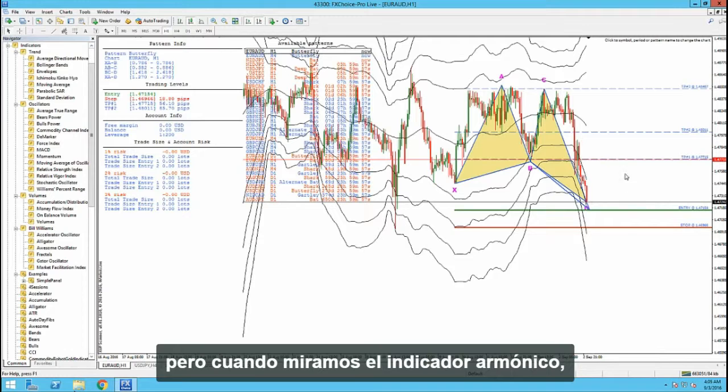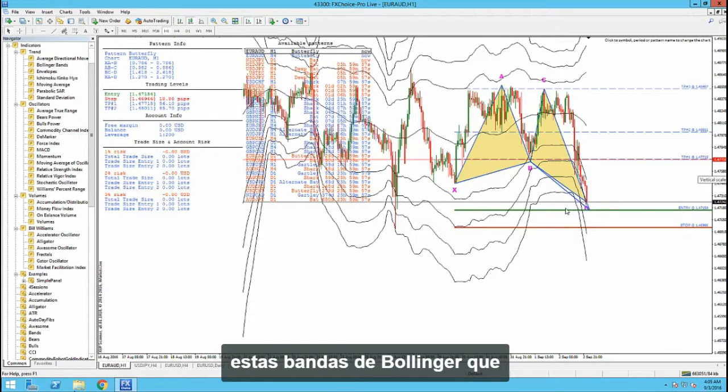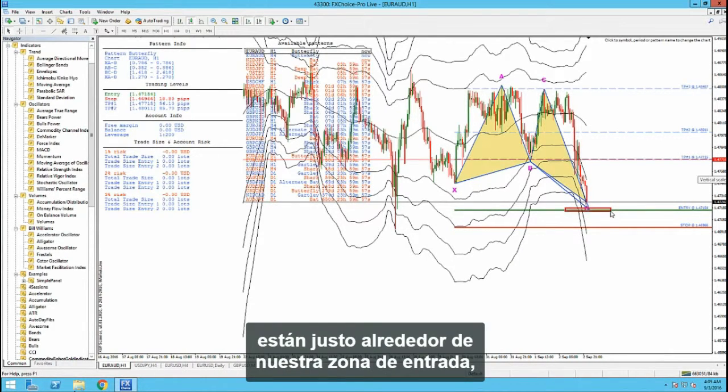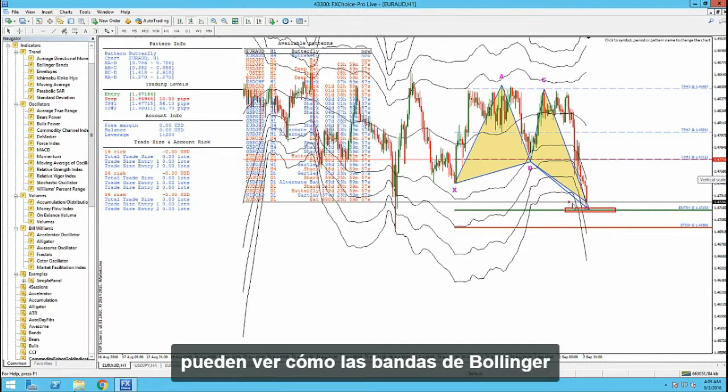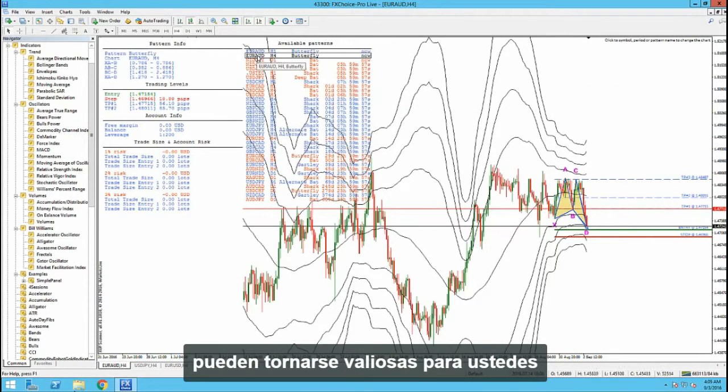But when we look at the harmonic indicator, adding these standard deviations, these Bollinger Bands that come right around our entry zone, you can see how the Bollinger Bands tie into the entry zone and how they can become a value to you when you're working with